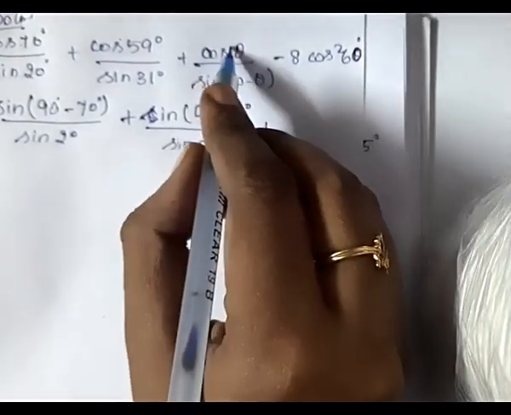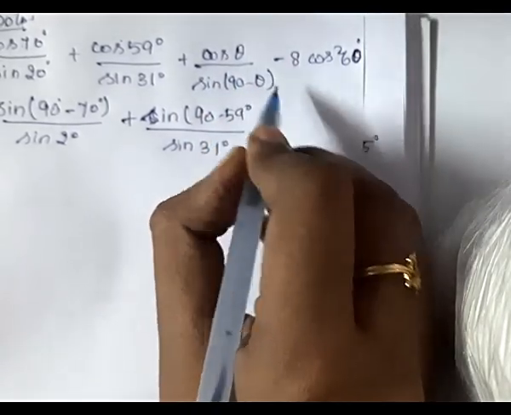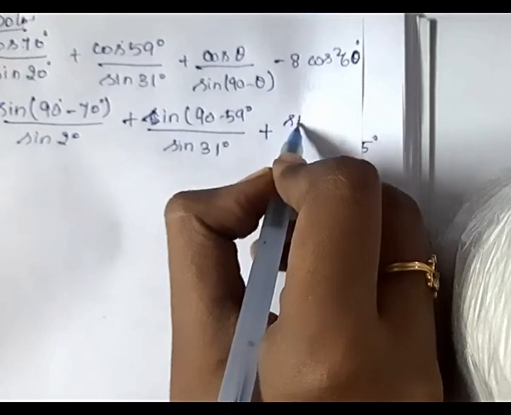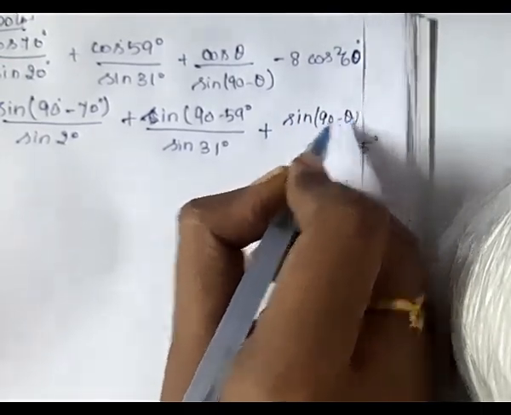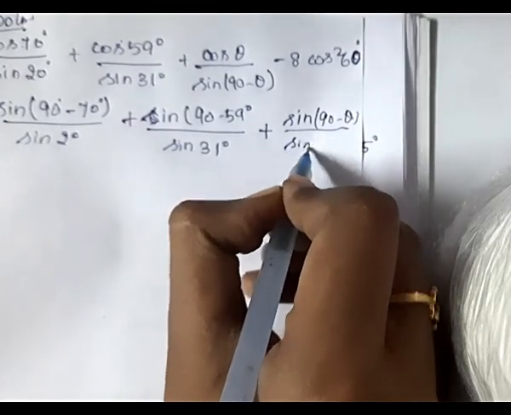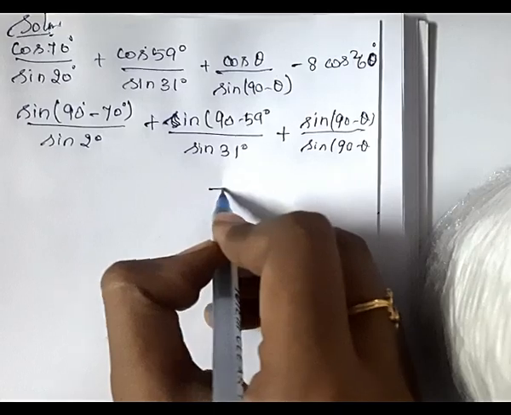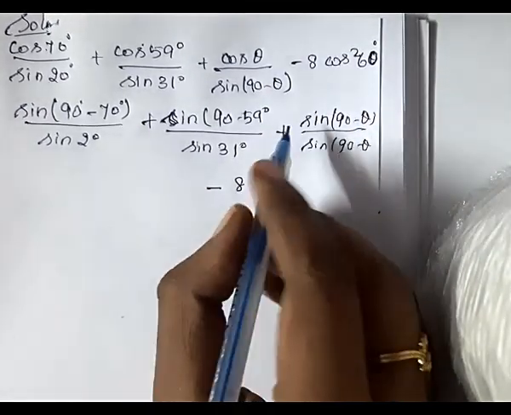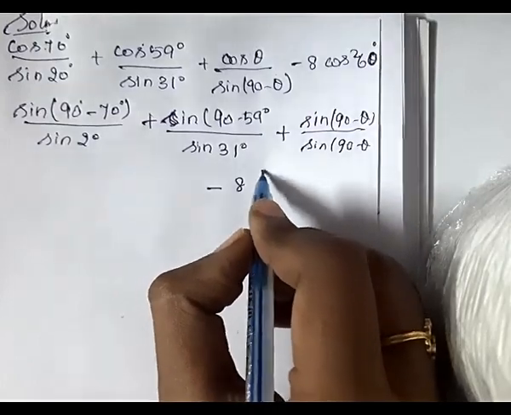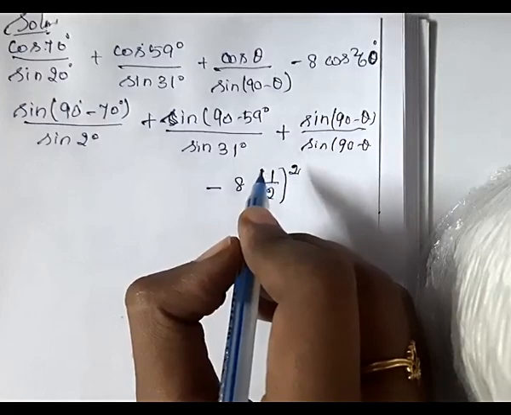plus, sin theta equal to cos (90 minus theta), the denominator also sin (90 minus theta), then minus 8 cos square 60 degree. Cos 60 degree value is 1 by 2, then square. Okay,